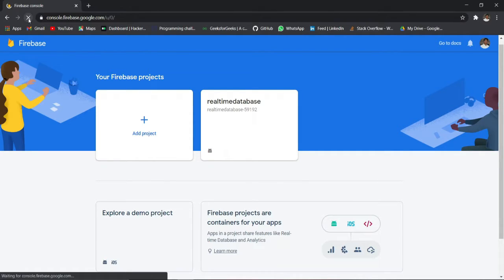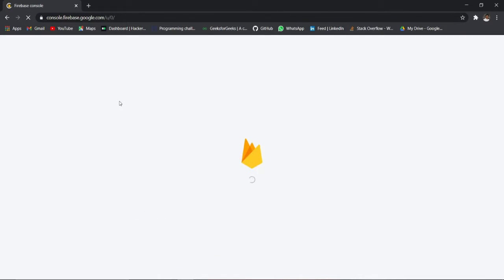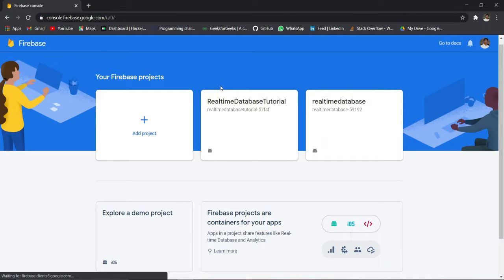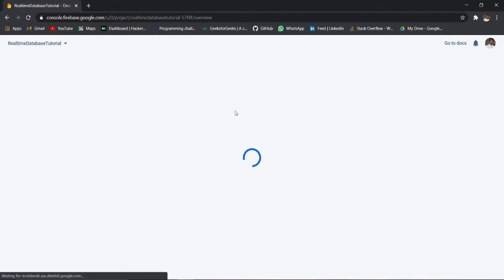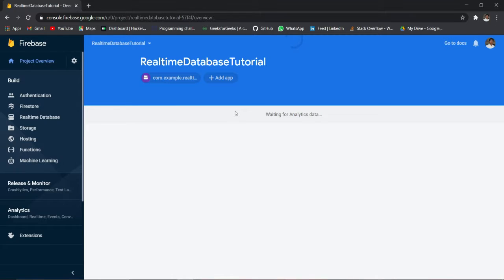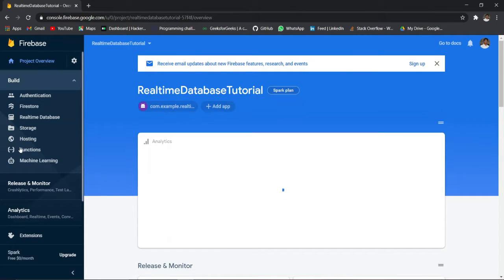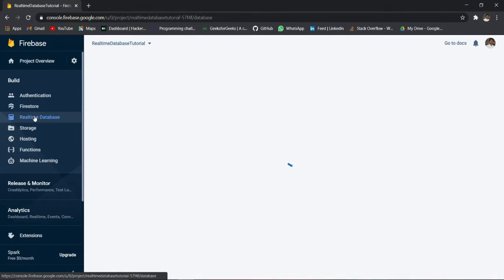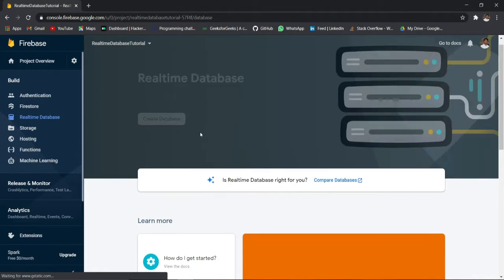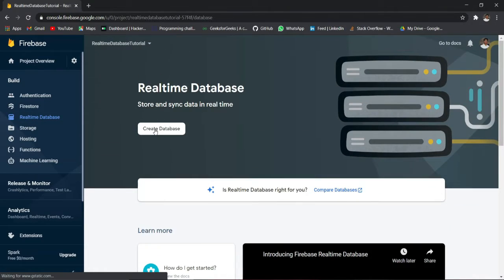If I just refresh the console, just go to your project that you have created, and on this left navigation window, we'll click real-time database. We have to create a database.